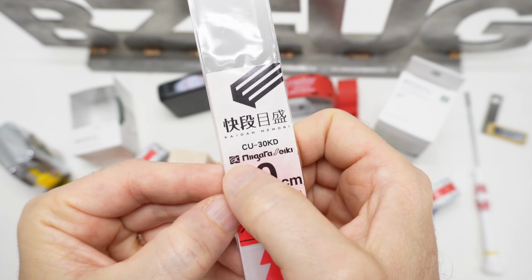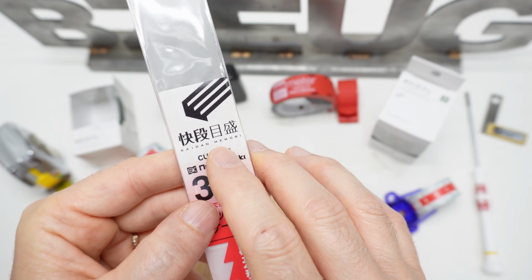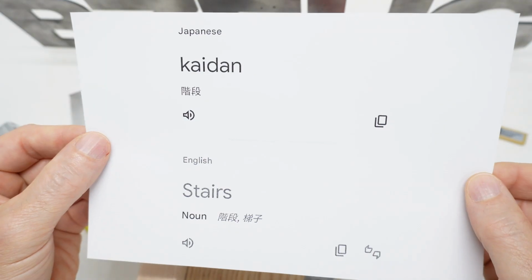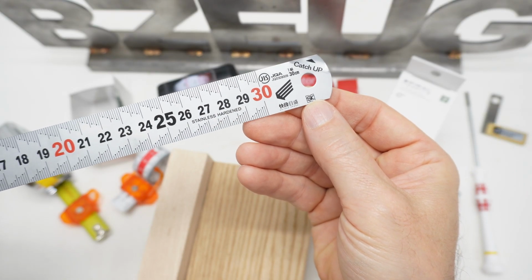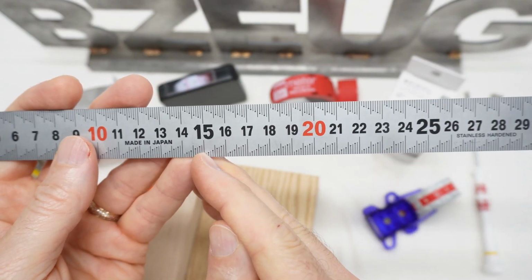Niigataseiki, and that's their logo. One of their main things is this Kaidan Memori scale. You can see stair steps there. Kaidan means stairs. So here we've got a Niigataseiki ruler, and you can see how they stair step the 1